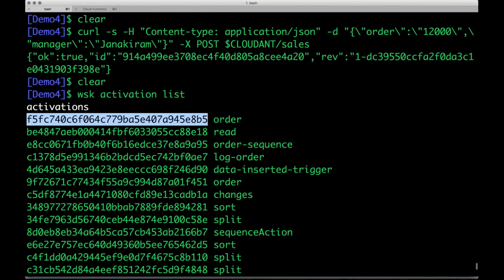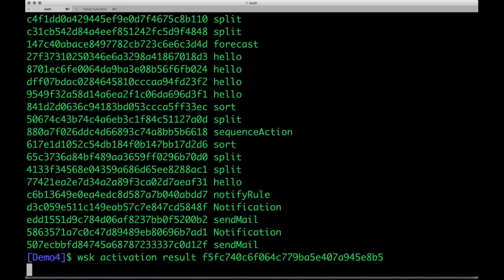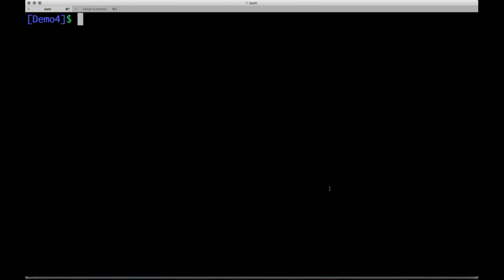So WSK activation result, and this shows us what we want to see, which is basically logging every change. This is just perfect. So which means every time data is added, we are going to invoke this action and